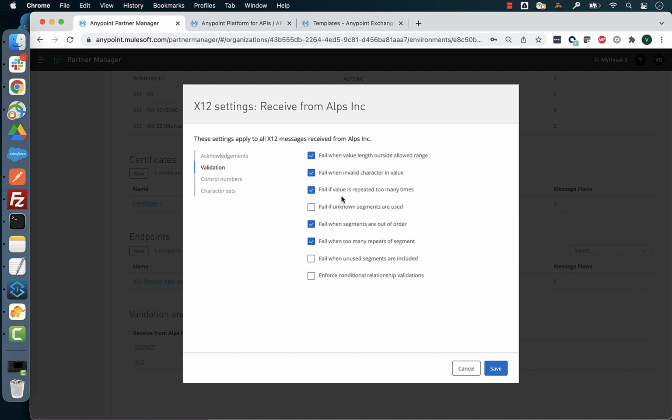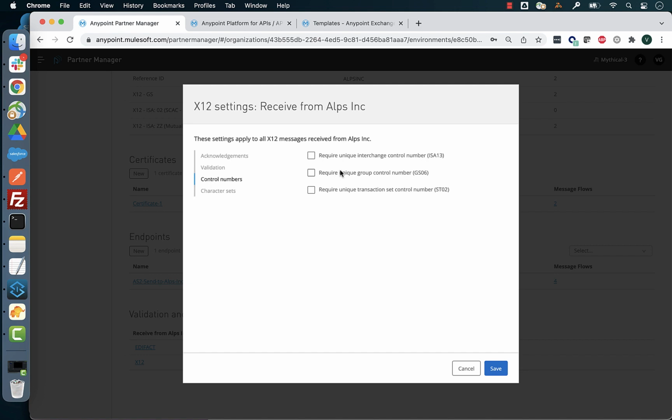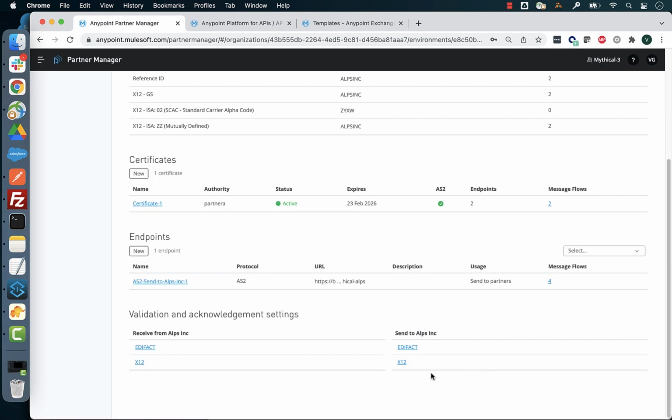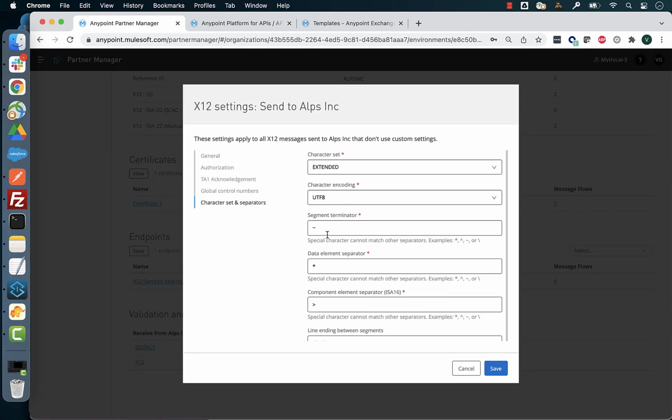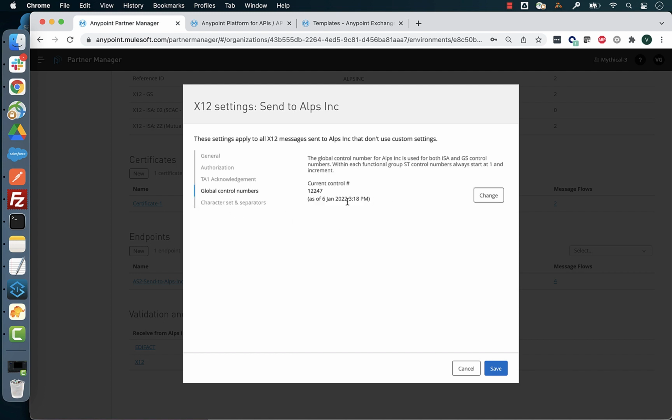You can turn on or turn off different validation rules, and you can also turn on or turn off duplicate control number checking as well. On the outbound side, you can configure things like your delimiter characters or the character encoding to be applied on the generated outbound messages. You can also reset the control numbers if you're hitting the upper threshold of the number of digits, or if you're transitioning from a different B2B platform into Partner Manager, you can take advantage of some